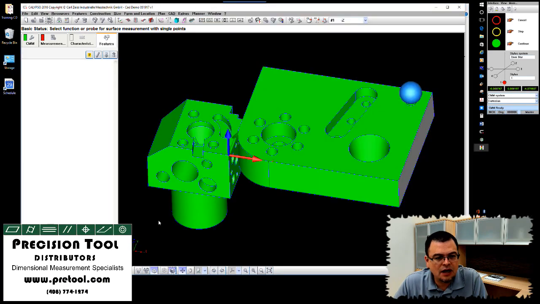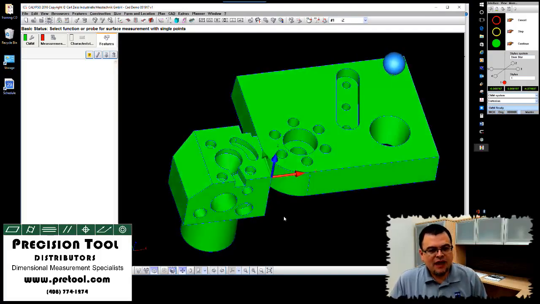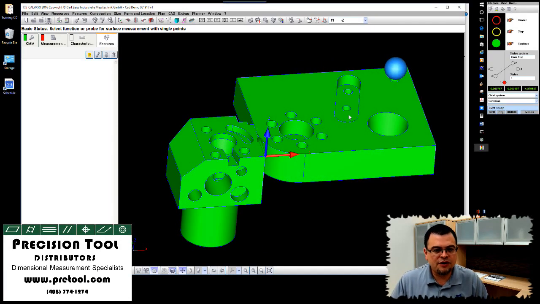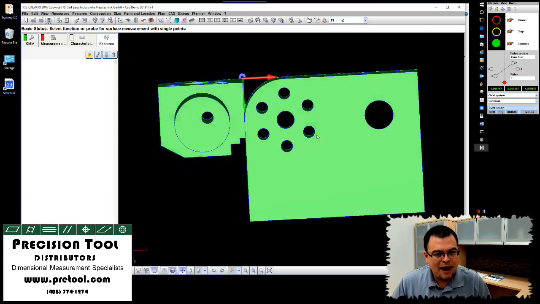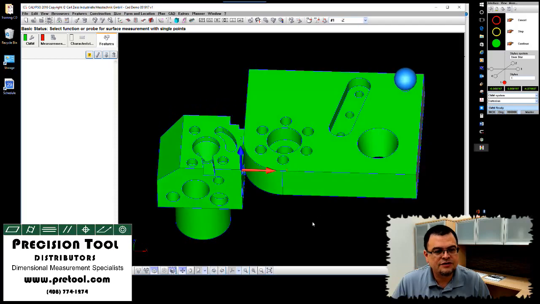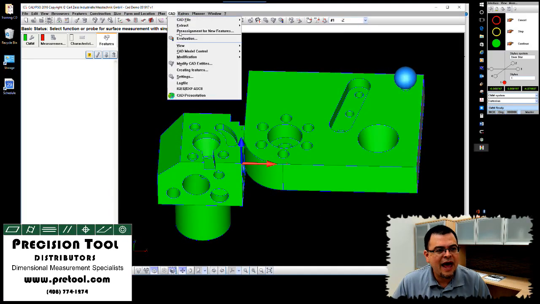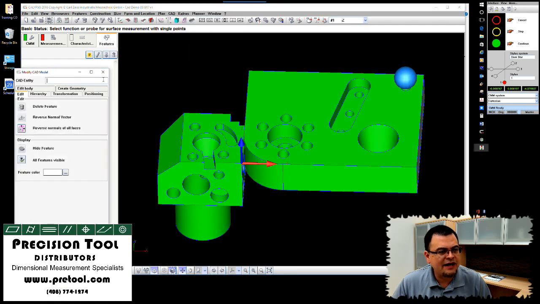Looks good. So now we have our two components. And we could say that this bottom part is maybe a fixture and this top one is the part, and perhaps I have to mount the two of them together for one reason or another. So there's some tools in Calypso that make that fairly easy. So we can just go to CAD, modify CAD entities,